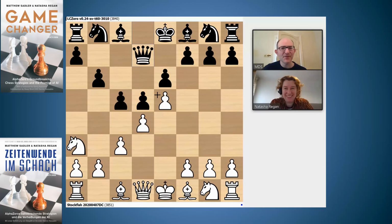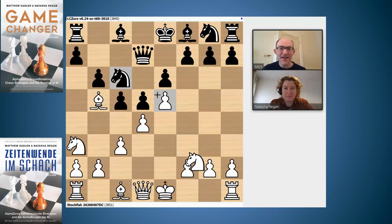Yeah, so it's the bad bishop. That's where you want to exchange off the light squared bishop. So you want to play bishop a6, and then what white does here makes use of this move knight a3 to play bishop b5, and this forces the knight to c6, and then as Natasha said, the light squared bishop can no longer come to a6. It costs black a tempo, so black will get a6 as an extra tempo, but that's a bit of a mixed bag, really, because that also weakens the black queen side. So interesting idea from